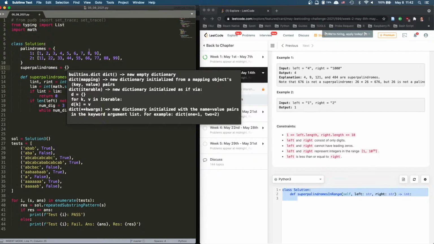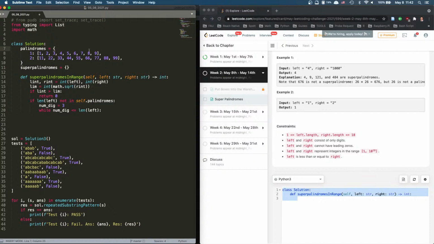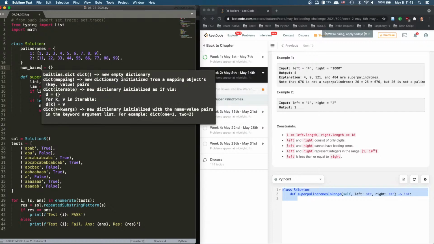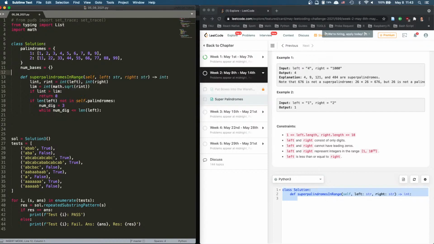No, I'm a little bit confused on what we want. So this is super palindrome. It's not super palindrome. It's the value. It's the base that can lead to super palindrome, right? The base that can lead to super palindrome. So we can say bases, number of bases, right? With 1 digit, 2 digit, 3 digits, and